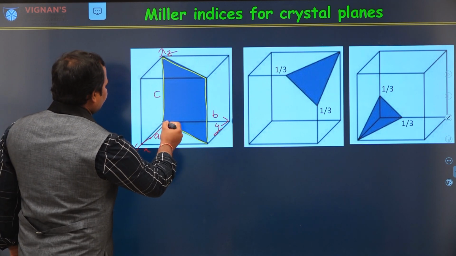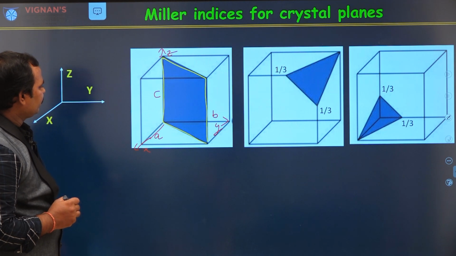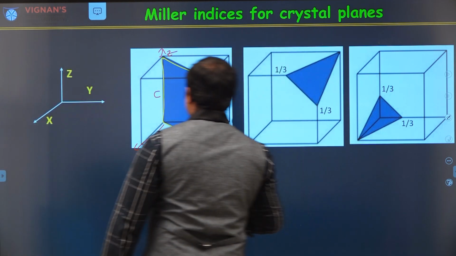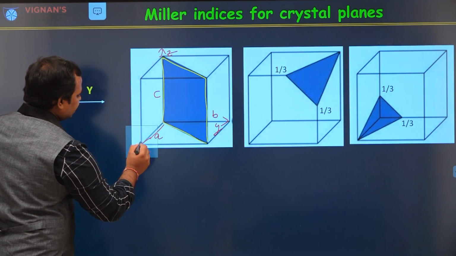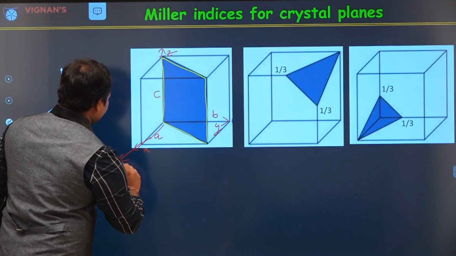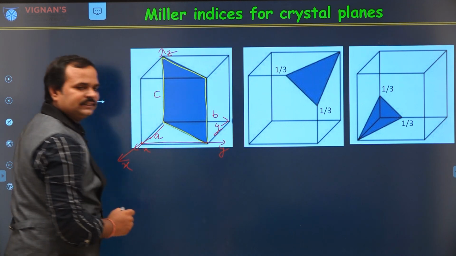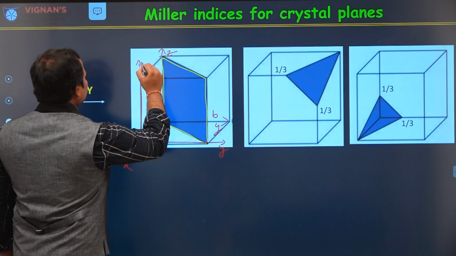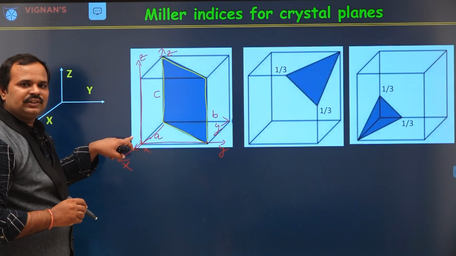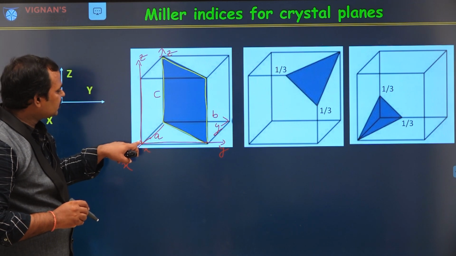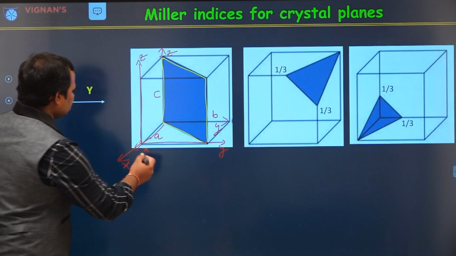For example, if you shift here, shall we get all the intercepts? Yes, you can see here. Now, I am shifting this origin to here. Now, this is the new origin. This is the x-axis. This is the new y-axis. And this is the new z-axis. Now, the present coordinate system is here. With respect to this one, we can determine the intercepts.